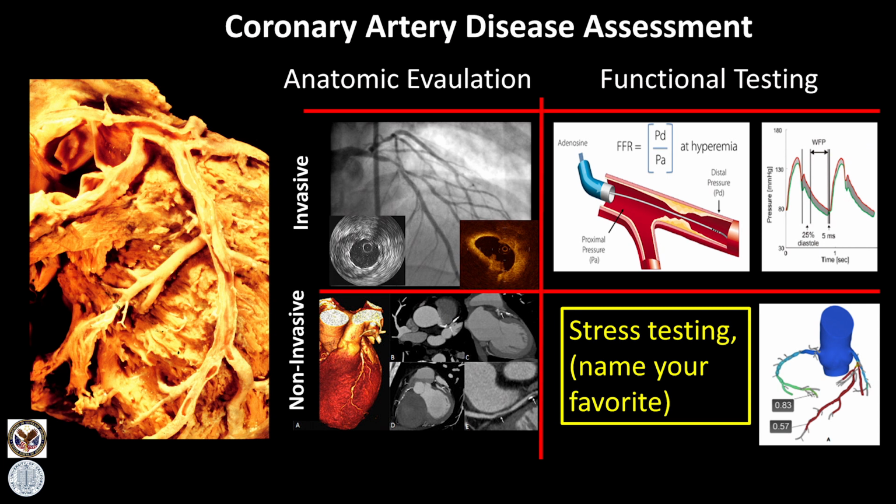In this middle section, we see the panel divided into the top invasive method and on the lower panel the non-invasive methods. Returning to the top, we see the most common tried and true way of looking and determining if atherosclerotic coronary artery disease is present, and that is the angiogram with the narrowing of the lumen. Unfortunately, that lumen does not provide enough information for us in many cases,